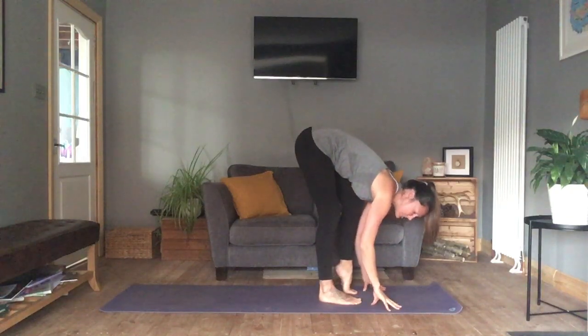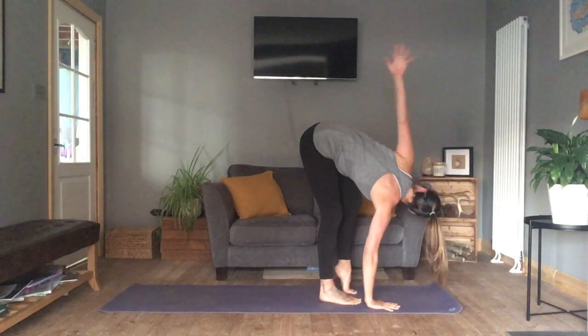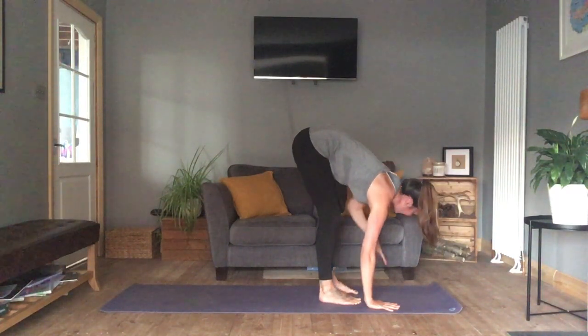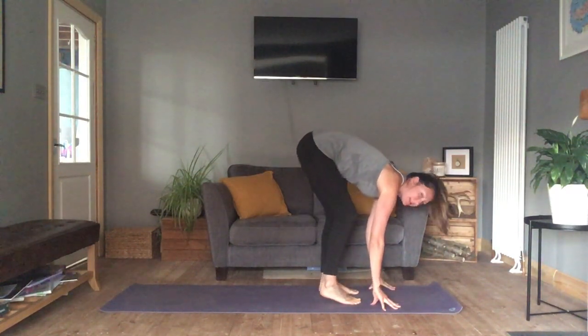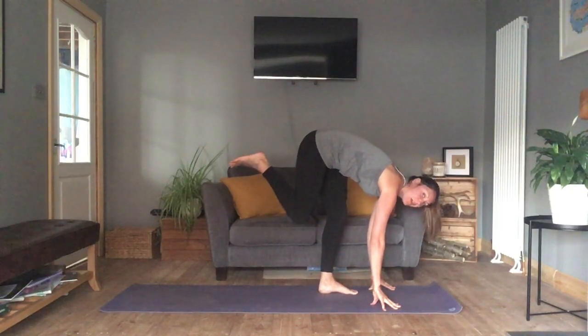So left knee bends and left arm extends. Maybe wrap it around. Good, and release. Okay, bring that right knee up, and then we're going to start to power up into that